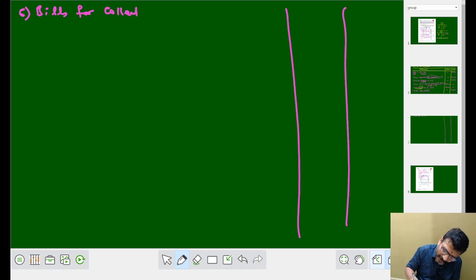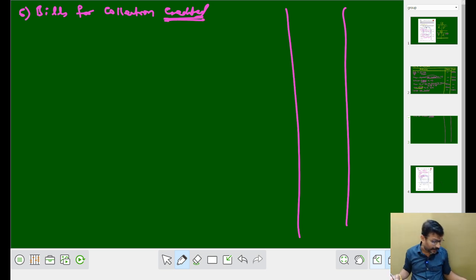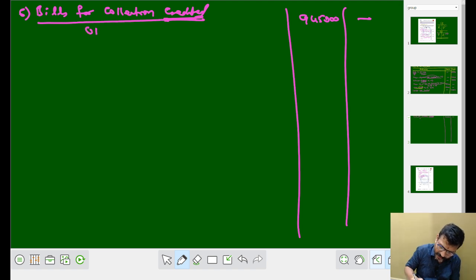Bills for collection credited. Credited means where we have to take? We have to take it in the debit side, which is an amount of rupees 9,45,000. This is one way of explanation. I will teach you another way of explanation, that is: